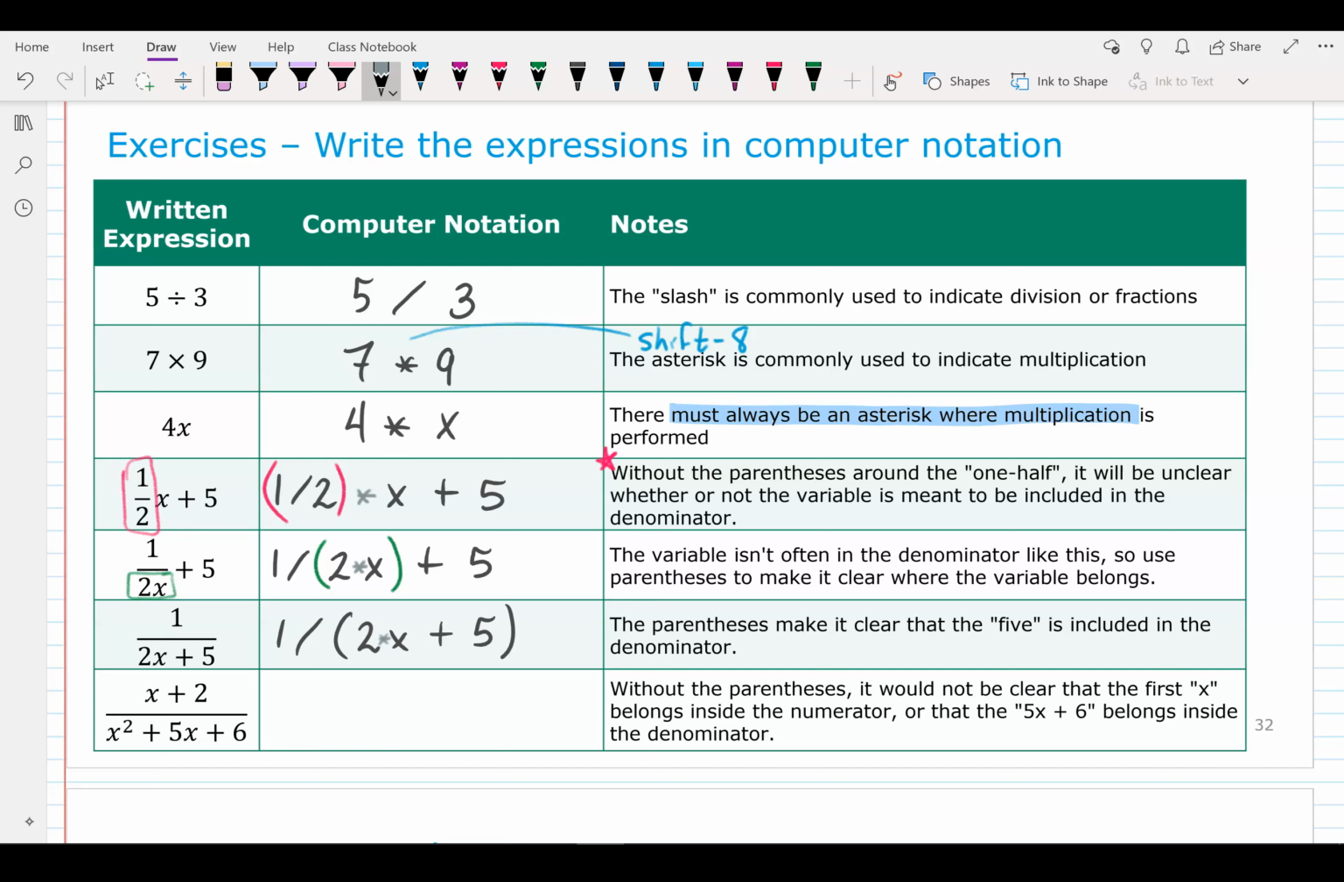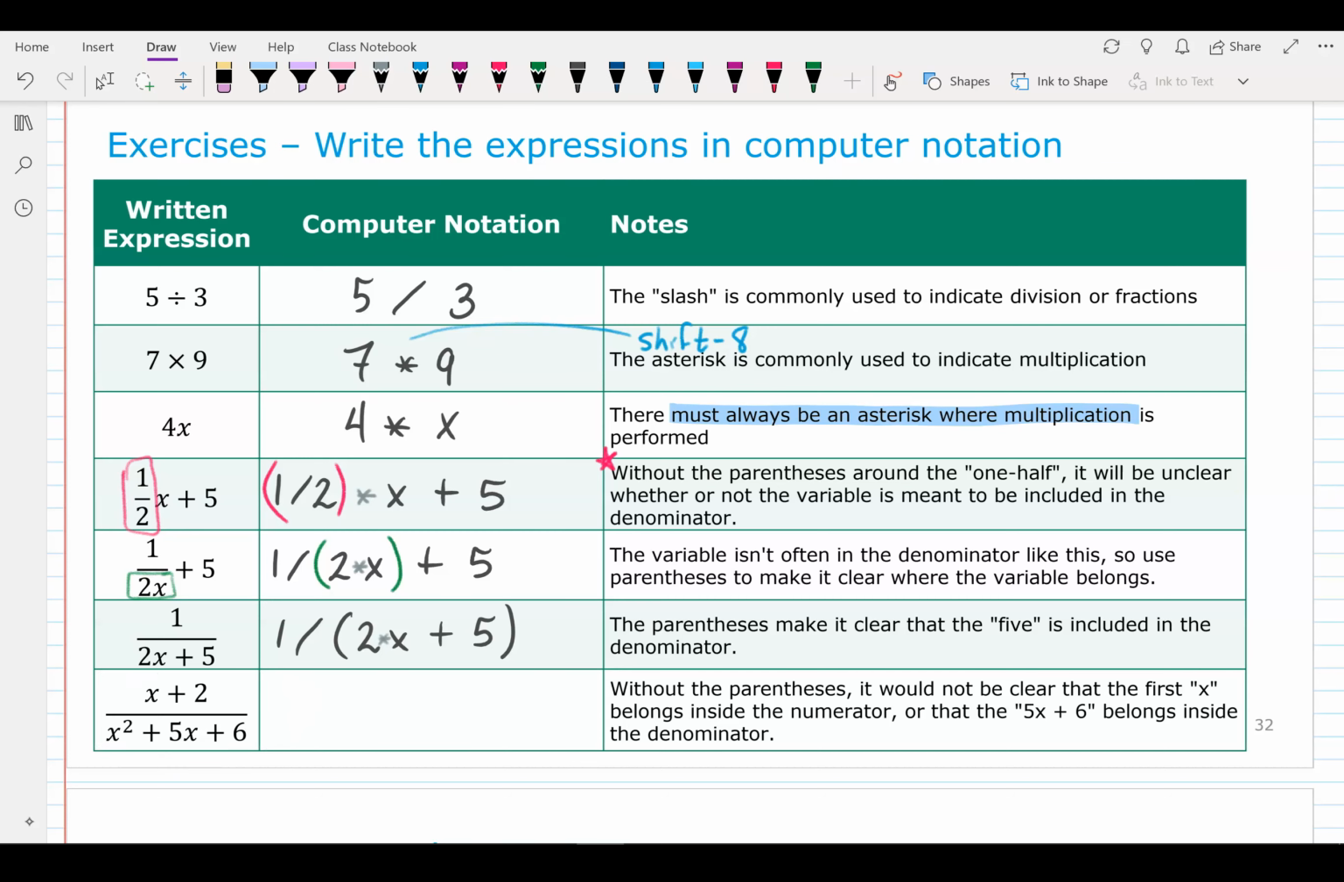You can always add it in and the computer will be able to handle it. But if you leave it out, the computer may not know what you're dealing with. Okay, so just be very clear here. If in doubt, use an asterisk, I guess is my point. When you have